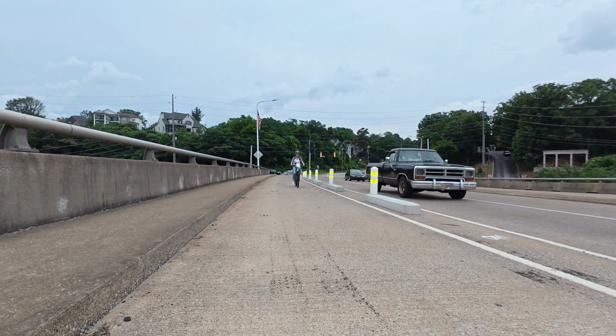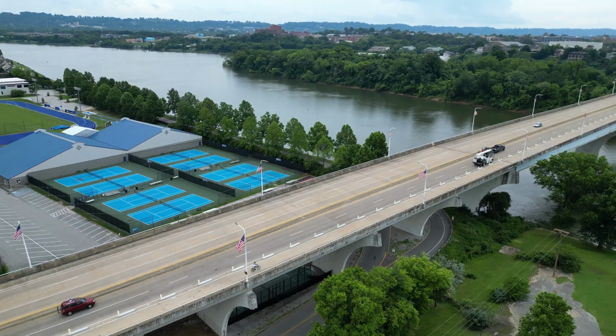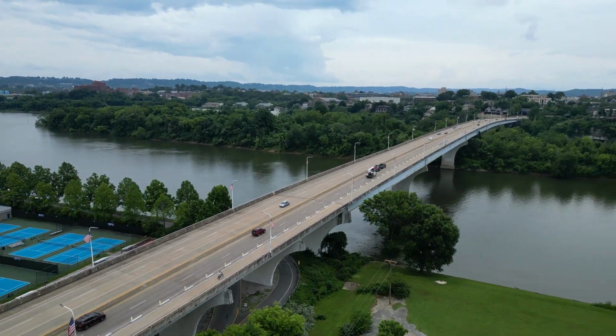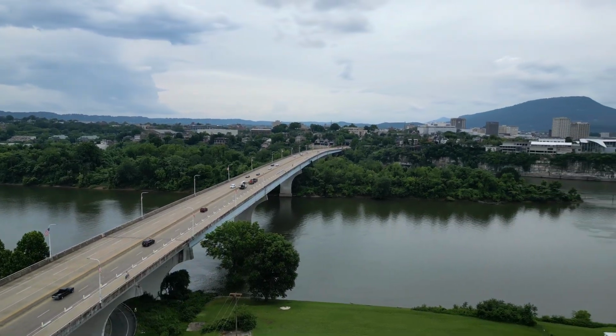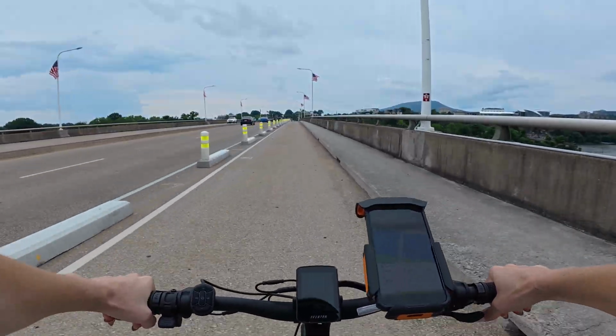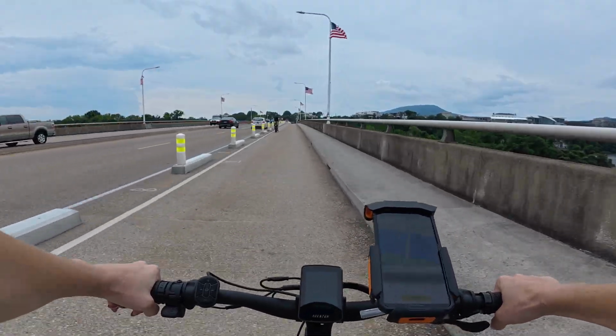So I'm not going to go through all the pedal assistance modes because you can make them whatever you want them to be, which I think is just amazing and makes it much more of a flexible bike for you to not only pick how you want to ride, but if other people want to ride your bike, they can choose their own preferences as well. But right now I'm in that max turbo mode,